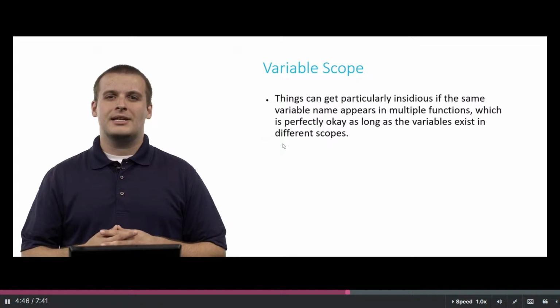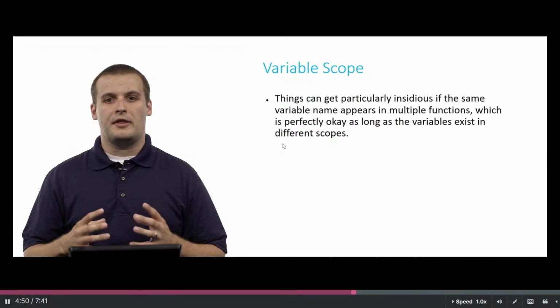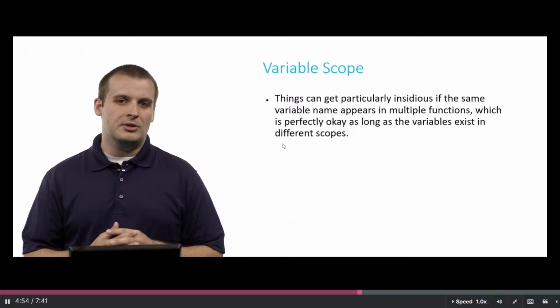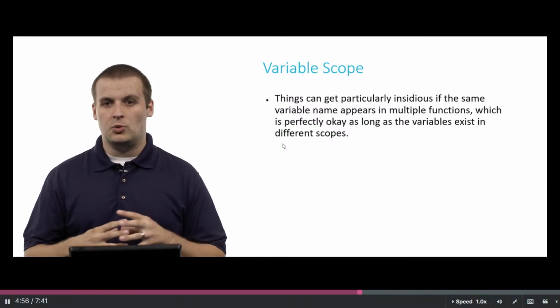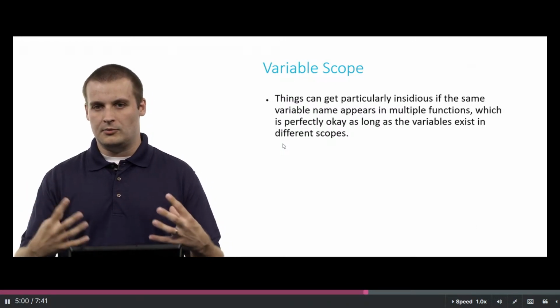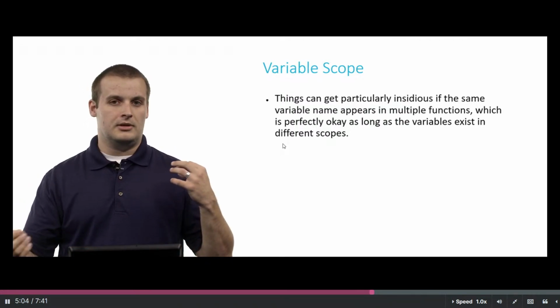Variable scope is generally not too much of a problem if you name all of your variables different things, but it can get kind of nasty if the same variable name appears in multiple functions, which will happen a lot. If you ever do work in the real world, where you are working on collaborative programs and people in different